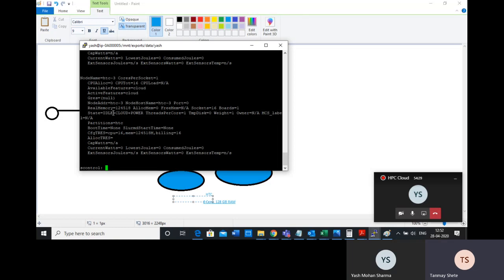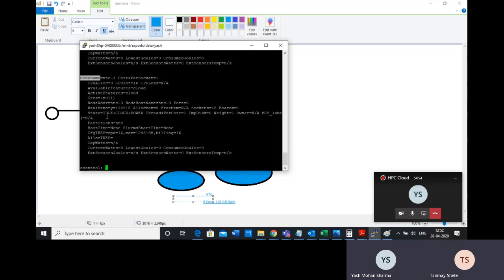So similarly, every node also has a state. Why? Because this machine can be in shutdown mode, or in start mode, or already allocated to some other job, right? So there should be a state associated with each of the nodes also.